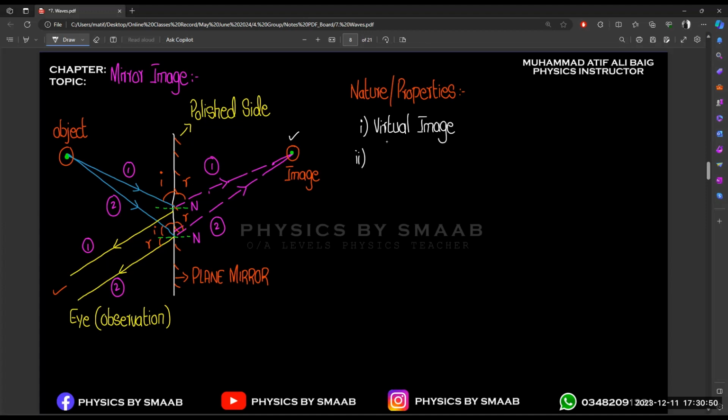And the second property is, if we talk about the size of an object. So what do you think the size of an image will be: equal to the size of the object, less than the size of the object, or greater than the size of the object? Let's suppose again, if we consider our example when we are standing in front of a mirror, what do you feel about the size of the image? It will be the same, equal. Yes. So again, we feel the same size because it is a plane mirror. So there will be no changes in the picture or in the image.